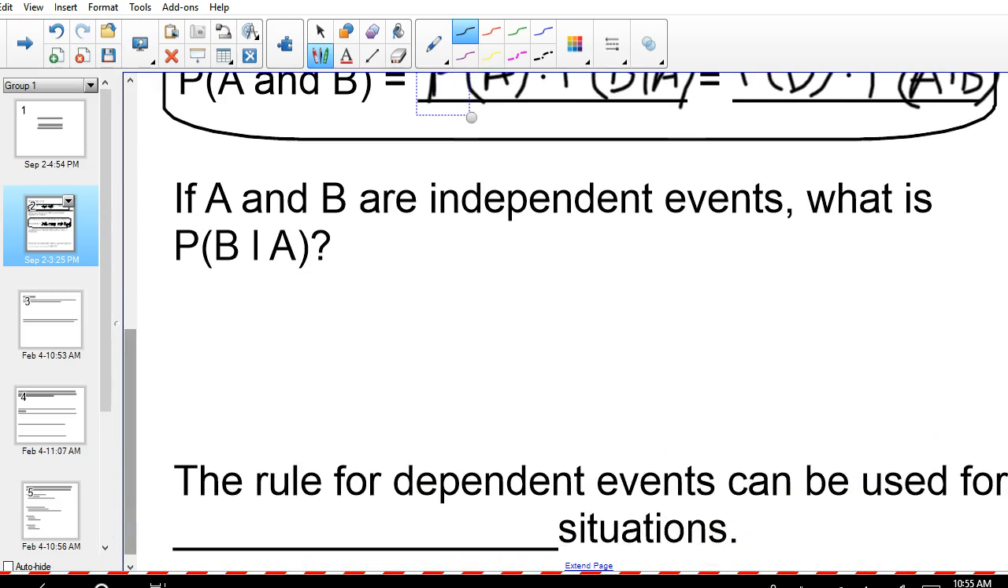For independent events, we could really use these same rules because if A and B are independent events, the probability